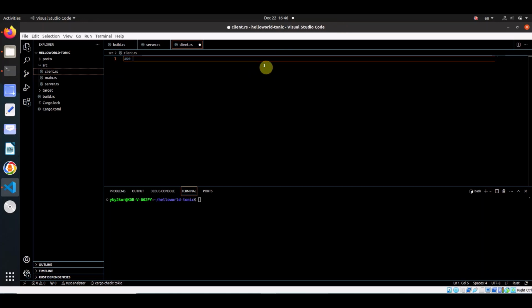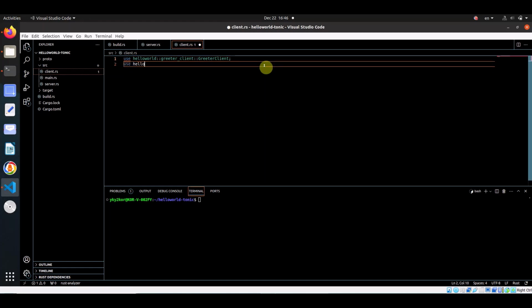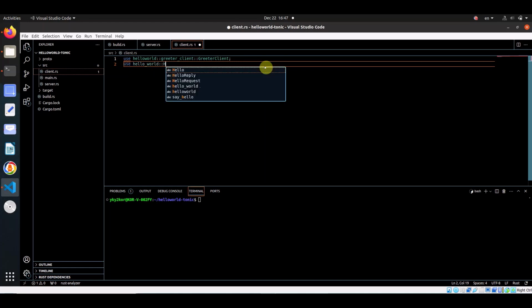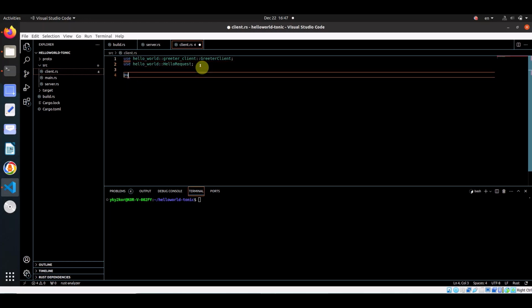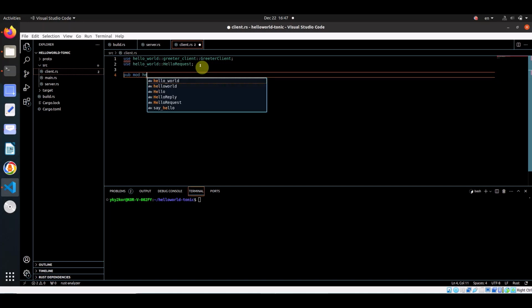So we're just going to say hello world, our greeter client. Then we have the hello request, because we're going to be asking, yep, hello request. Similar to how we did it before, we're just going to have the module definition here with